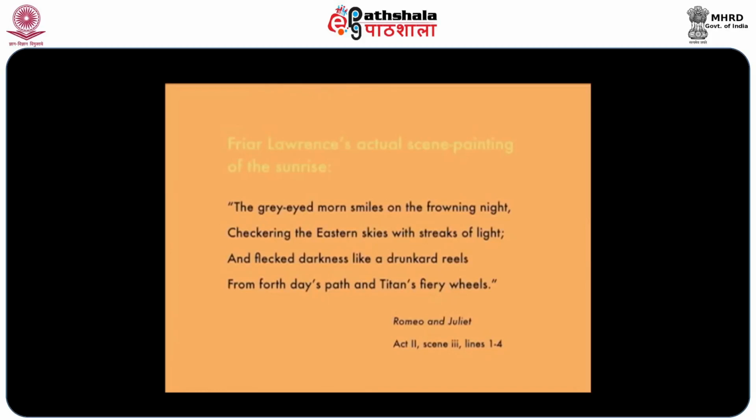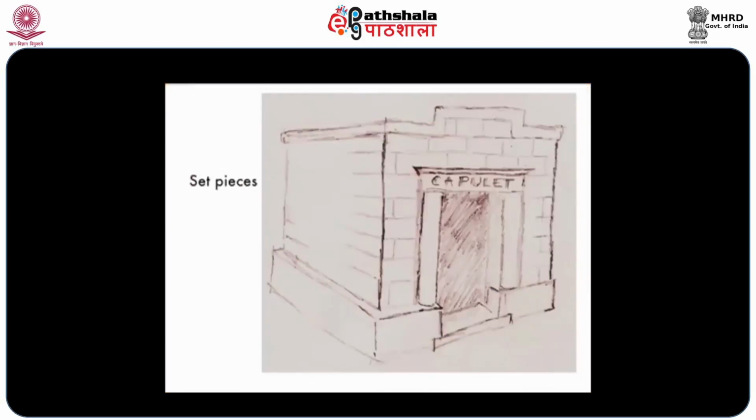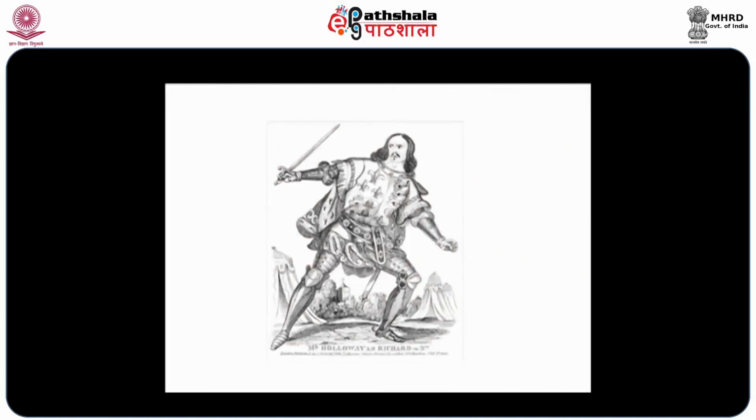There were a few set pieces, like in Romeo and Juliet, there was the tomb. In Macbeth, there would have been the banquet table, and so on. The pillars holding up the gallery or balcony could double as trees in a forest, like the Forest of Arden in As You Like It. And because there were battle scenes and duels, they would have had armor, blunted swords, stage blood, music, and sound effects. So these plays, remember, they weren't just words on a page, they were living, breathing theater.